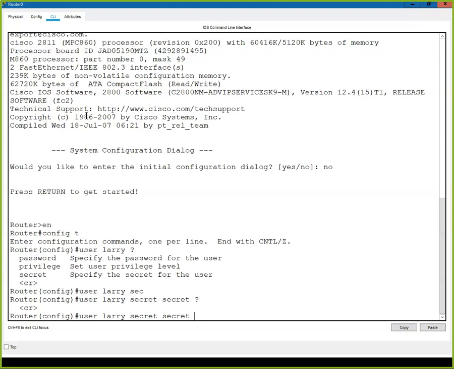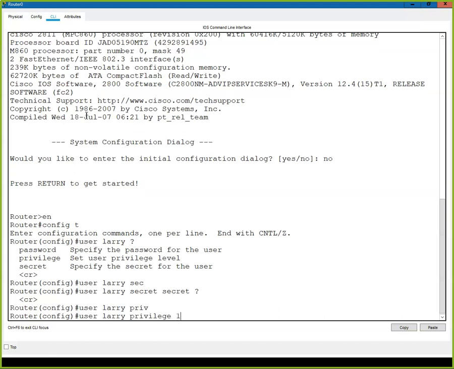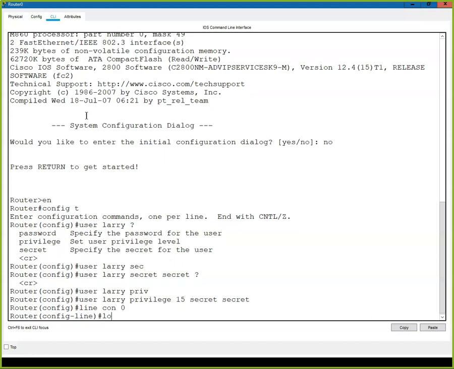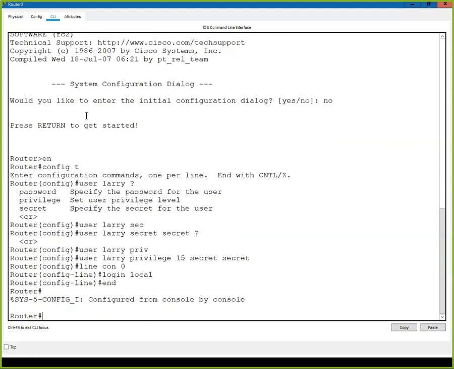I think I can do a privilege level here. It's privilege, password, privilege, secret. Let's do user, Larry, and I'm going to do privilege 15 so that when I log in, I'm automatically going to be in privilege exec mode. And then we'll do the secret. I have to go one step further. I have to now tell the system to use this local password. So let's go to line con 0 and let's do login local, and if I've got that right,